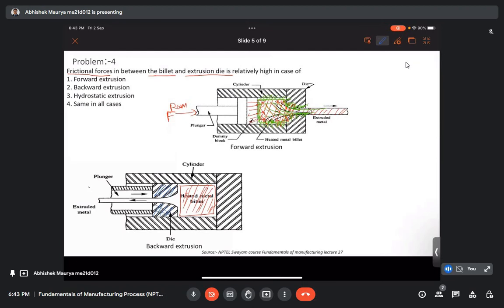This die is being pushed with the help of this hollow plunger, and we are applying force towards the billet, and in the die we have given the opening, and because of again compressive forces,